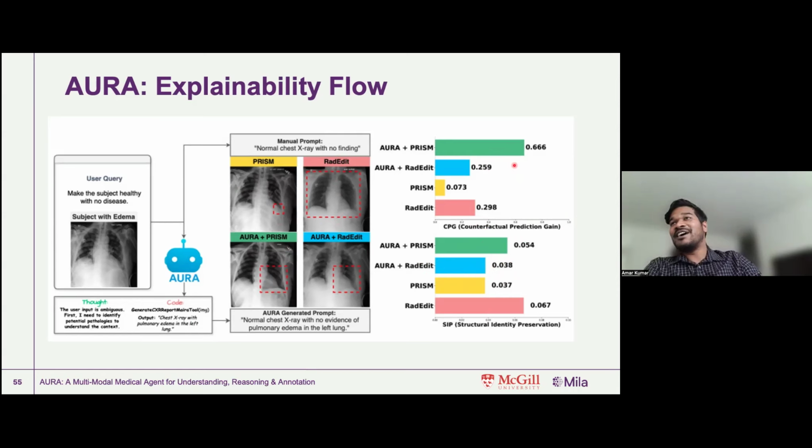So I hope I was able to provide some insights into how foundation models can be leveraged across a variety of different tasks, and how they could be useful in promoting medical image analysis for an actual clinical deployment.